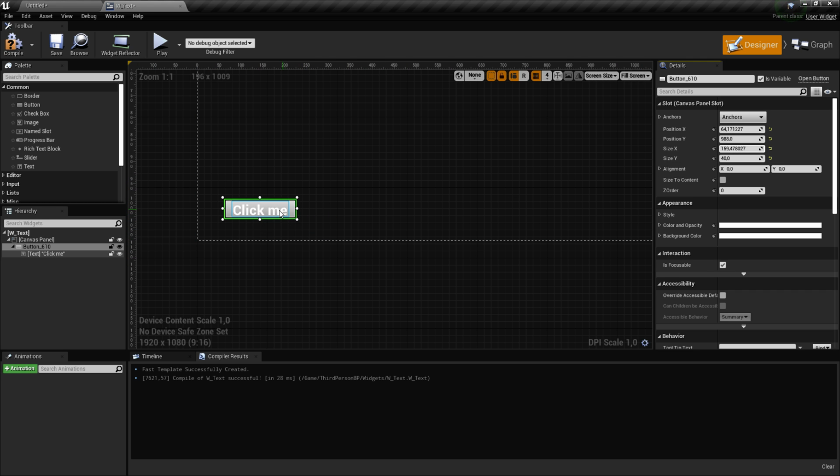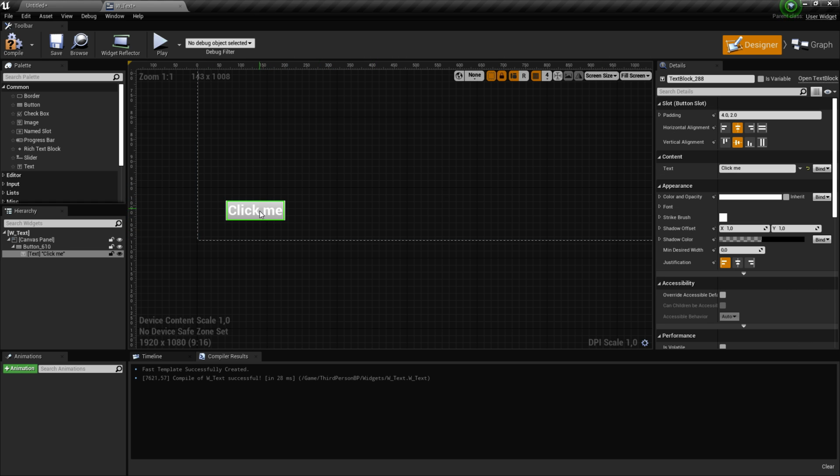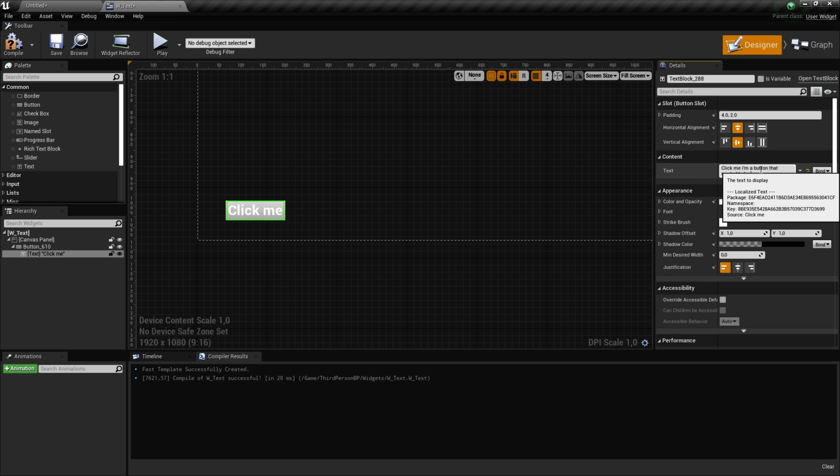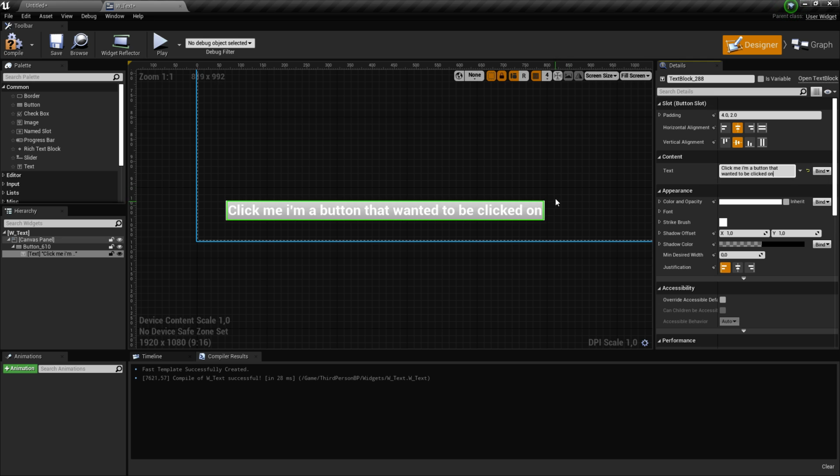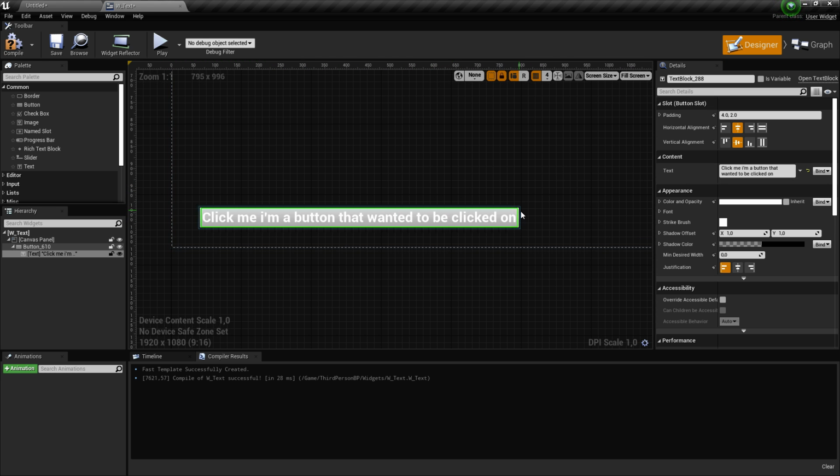But for text in a button, you can just click here on Size to Content, and it's going to automatically size the button to the text size. If I click here, you can see the button is enlarging itself automatically.